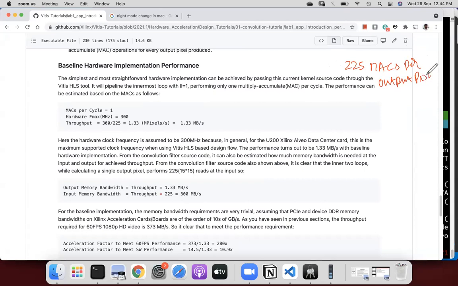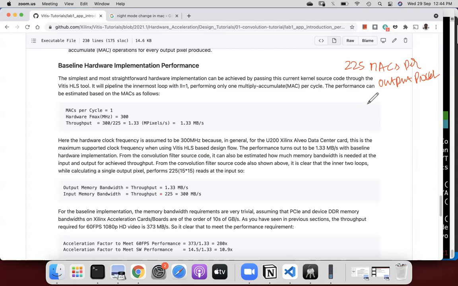So this is the kind of compute demand that we have. To generate one output pixel, we require 225 multiply and accumulate operations, because we are working on a 15 by 15 filter. 15 times 15 is 225, and that's how we get there.